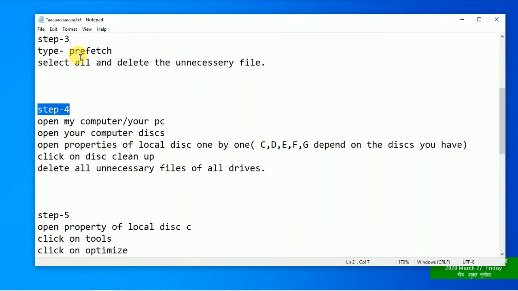Okay, till step 3 we have already completed. Now I'm going to show you step 4. Till step 3, my computer became more refreshed. It is now faster, but I want to make my computer very fast, super fast. So we have to do steps 4, 5, 6 also. Step 4,